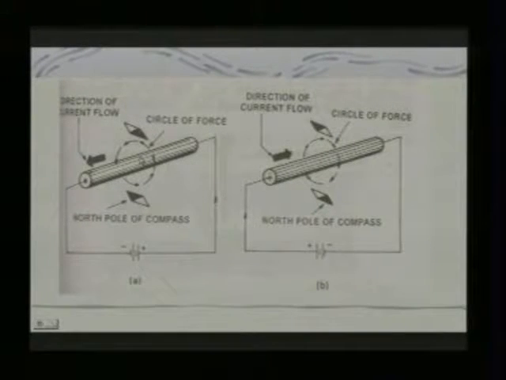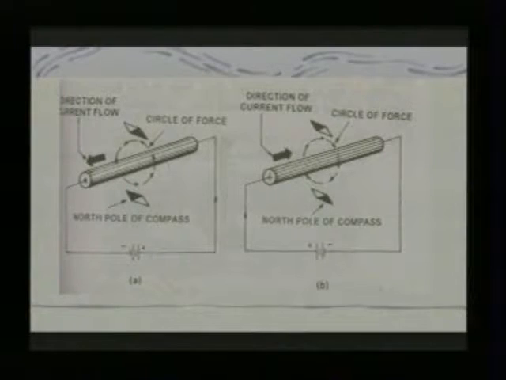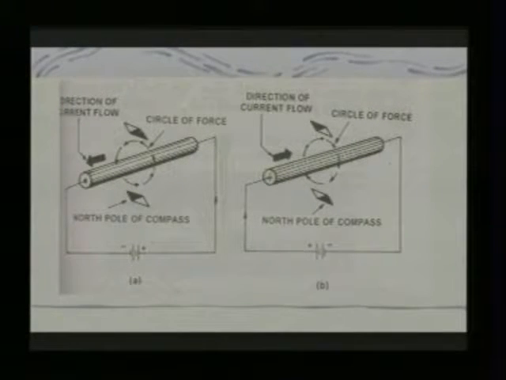These lines are called magnetic lines of force, which indicate the force of attraction of the magnet. We also observe that the line of force points towards the magnet at one end and away from the magnet